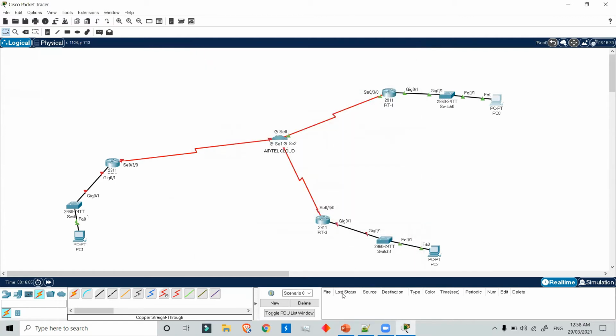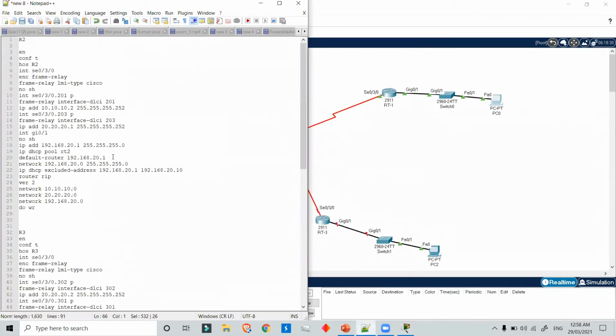Similarly, we have already created the commands for router 2 and router 3. In router 2, we have created frame relay interface-dlci 201, which means router 2 to router 1, and we have given this connection the IP 10.10.10.2.